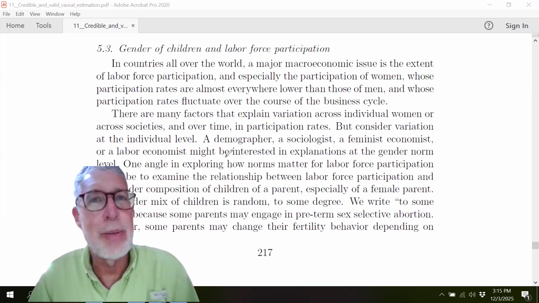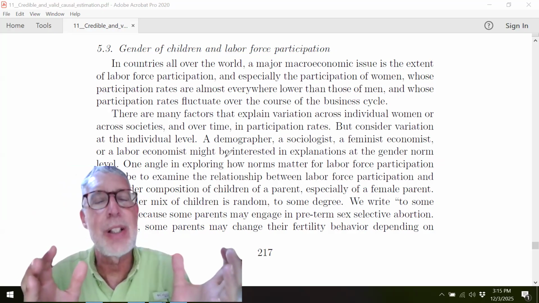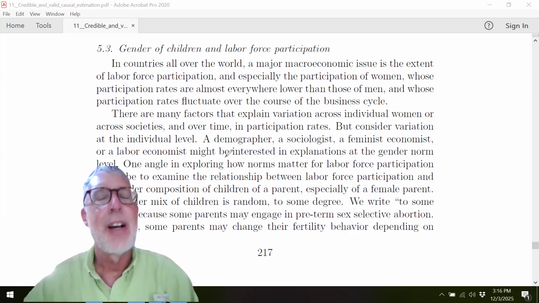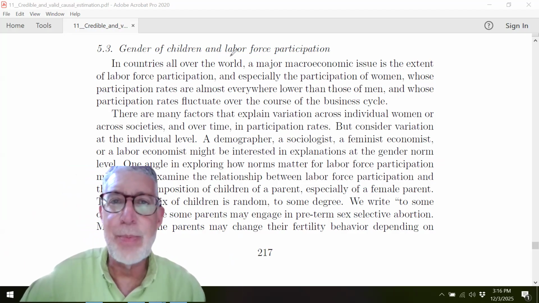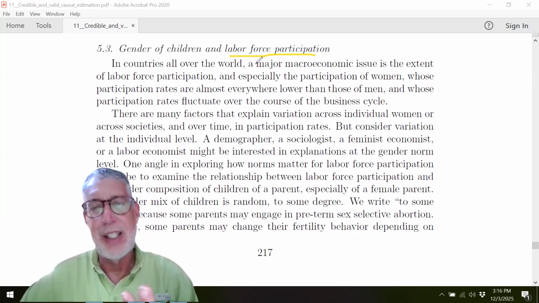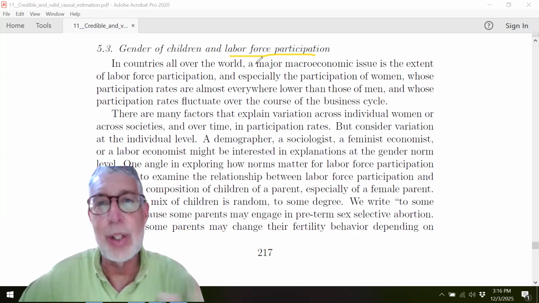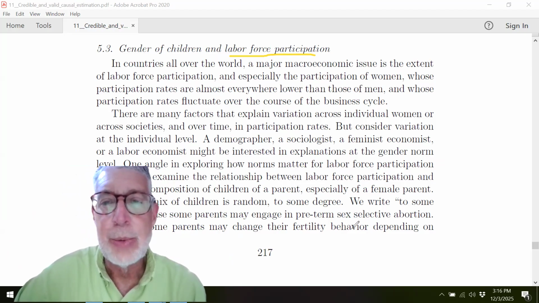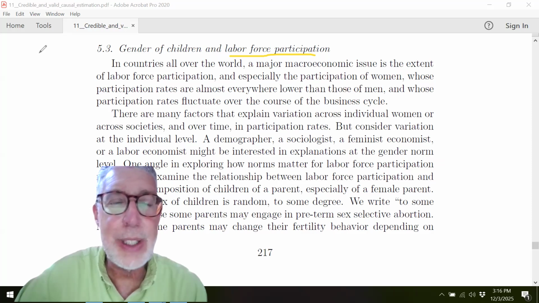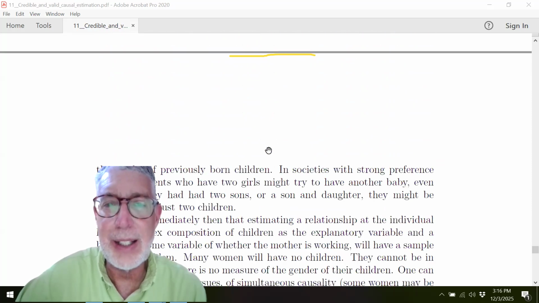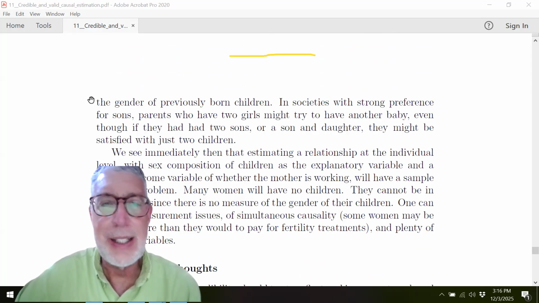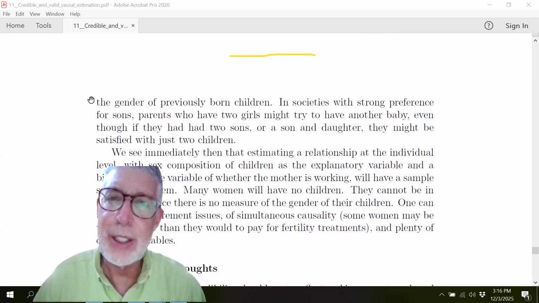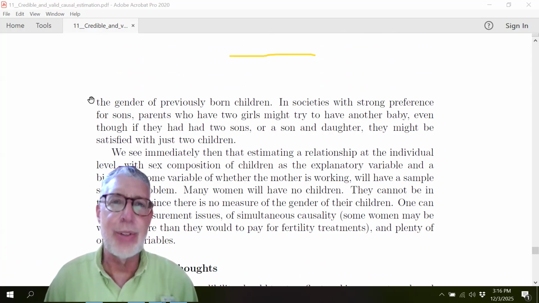We're going to try and determine whether that's true or not, whether the gender composition of children, for whatever society we're examining, affects the labor force participation of the parents, the mother or the father, and other non-traditional families, of course. So we have all kinds of interesting issues that come up in a relationship like this, but primarily, the one that's of issue is the sample selection issue, because many families will be choosing not to have children, and of course,